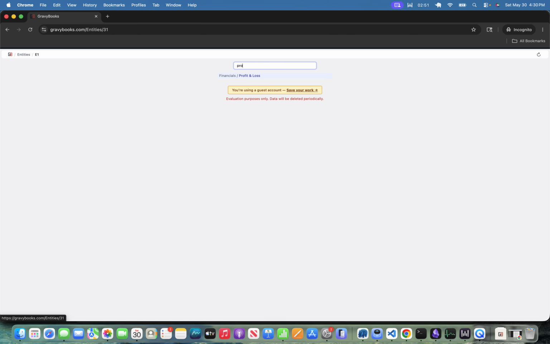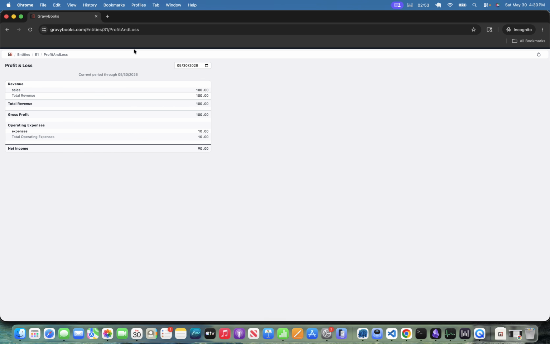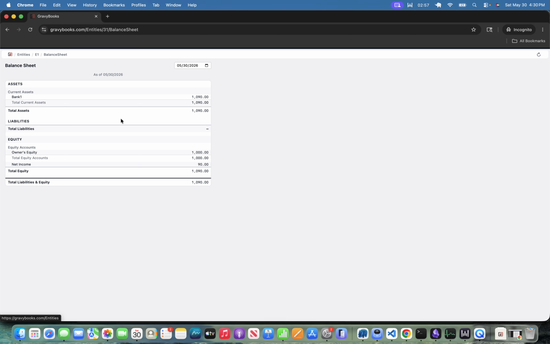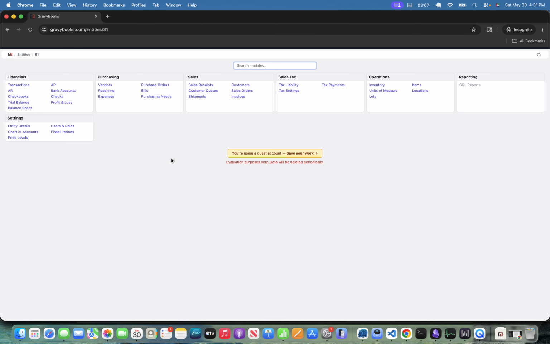So if we look at our profit and loss, this entire report gets collapsed into that one line on your balance sheet, which shows your net income. The other section here is your liabilities. So an example of how you would have something there is